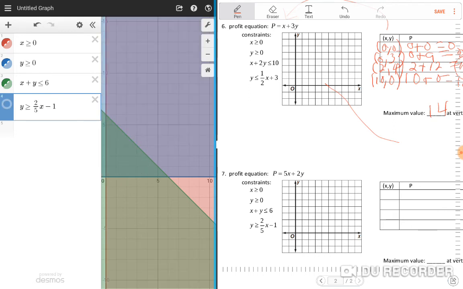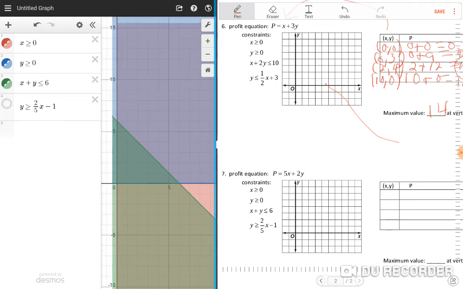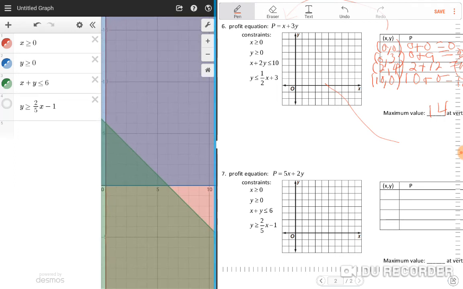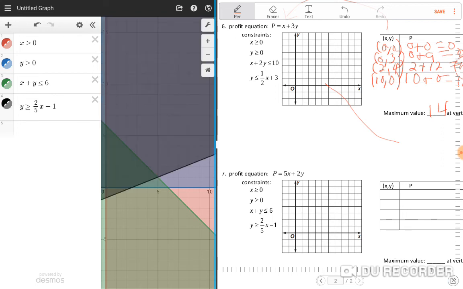Alright, so if we take off this black side, it looks like the shaded region before we enter that last constraint was this triangle that you see here. This kind of greenish triangle that you see above the x and to the right of the y. But then now when I put in this last one, I go above that. So now my corners are at the origin at 0, 0. Then I got another one. Well, it's hard to see there, but